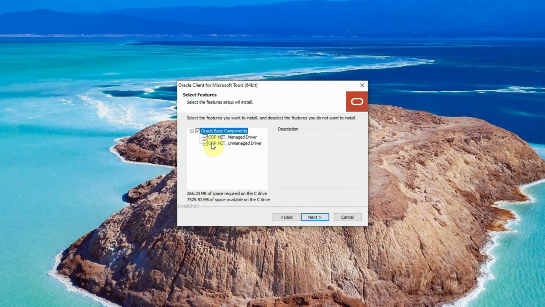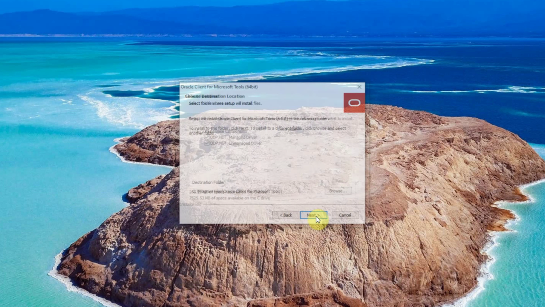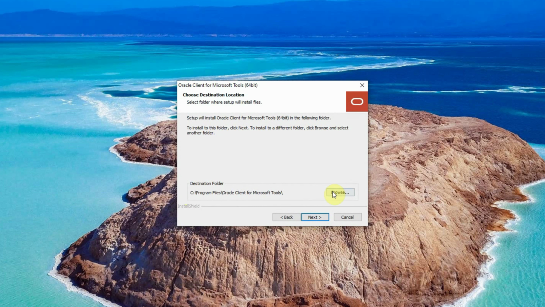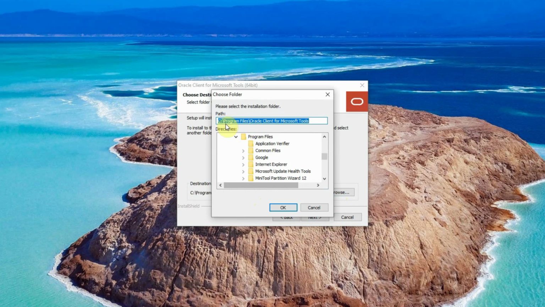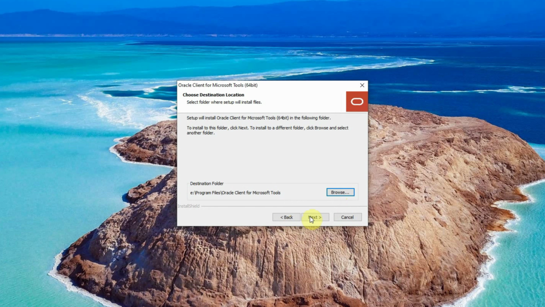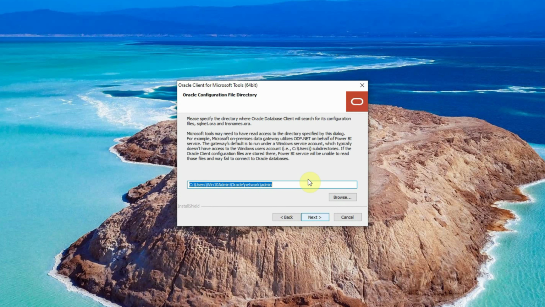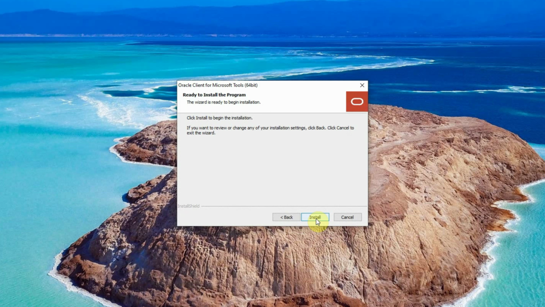Let all the default components be selected, click next, and then I will change the destination folder to my E drive. Simply change the C to E and OK, then click next. Similarly, the configuration file directory location will also be on the E drive, so select E, then click the next button,